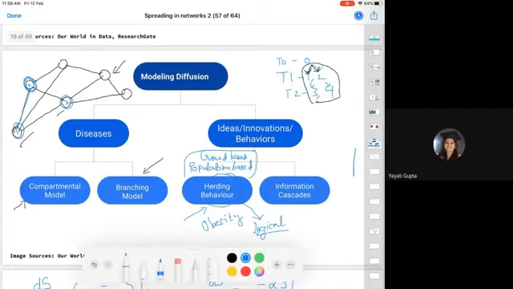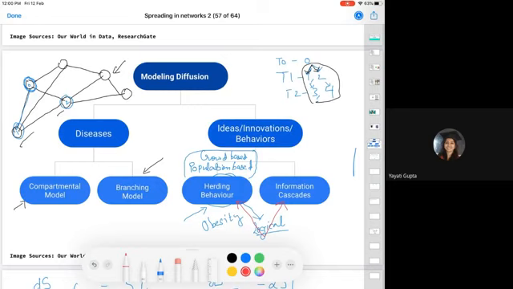The difference between these two models is that you use herding behavior in models where there is no underlying network. Let's say again, I have to buy an iPad. I have to decide which generation iPad to buy. Maybe none of my friends have an iPad. Maybe my parents do not have an iPad. So my connections are useless to me. The best option available to me is going online and looking at what other people have to say. I do not have any connections to those people. I simply look at the population and the number of people buying a particular product, and based on that, I decide which product I should go with. That happens in the case of herding behavior.